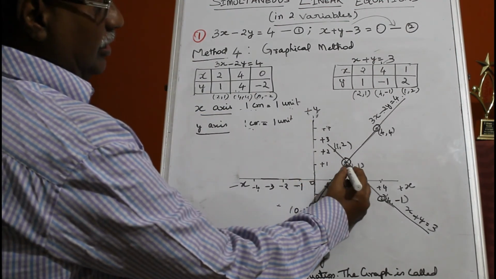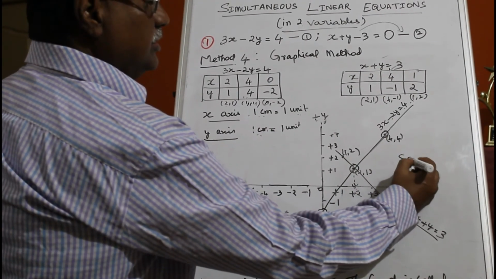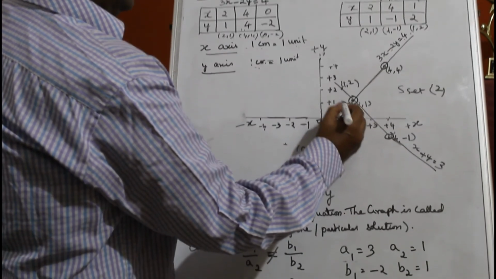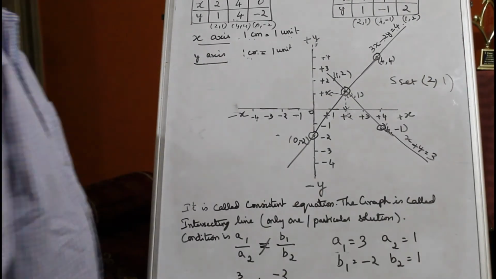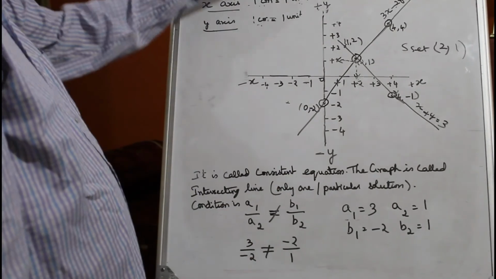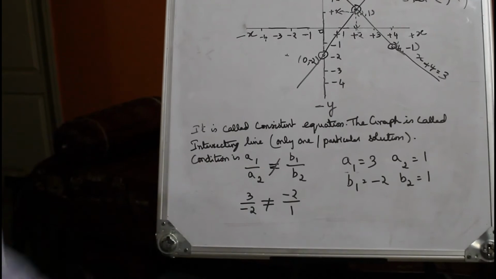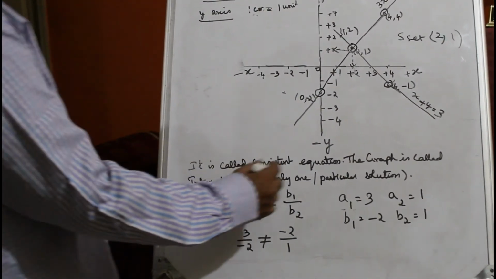From this you can get the value of x and y. Look here, if you draw dotted lines, you get what? The solution set. You get x as 2 and y as 1. So you get the answer 2, 1. So this is actually called consistent equations. These two are called consistent equations, and this graph is called intersecting lines, and it also has only one solution,